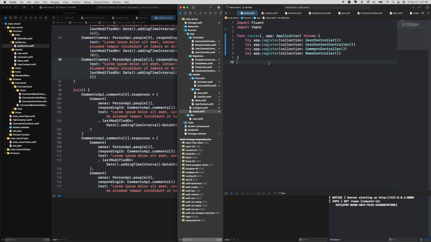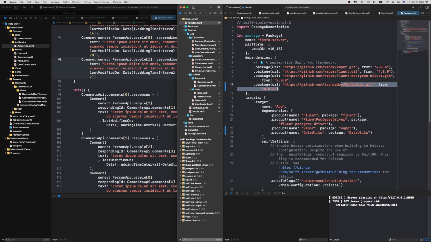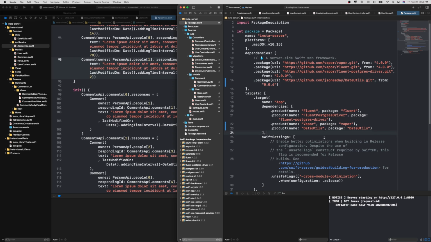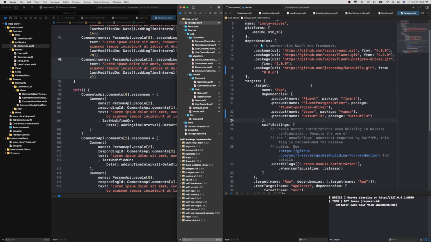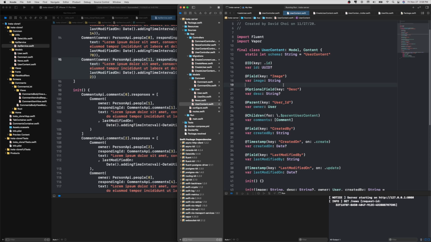And again, we are using Vapor in order to take advantage of all the niceties that come with using the same language both on the back end and the front end. A prime example of that is our date utils helper, which we put into a Swift package so we could just reuse it on both the client side and the back end. We're going to be doing even more of this as the app progresses and we create more helpers. Being able to leverage our existing Swift skills on both ends of the application,